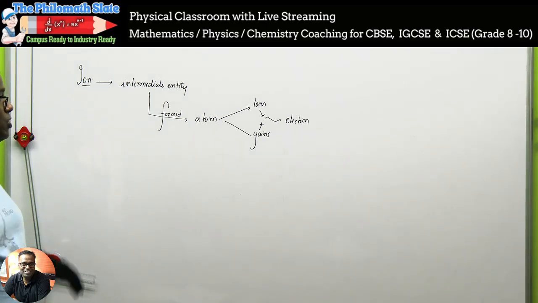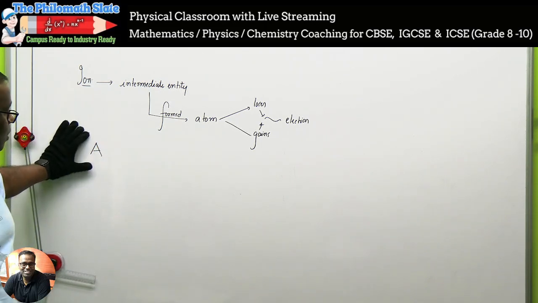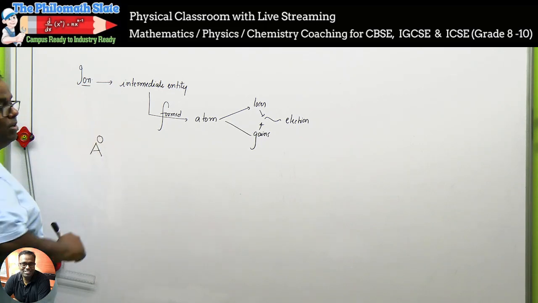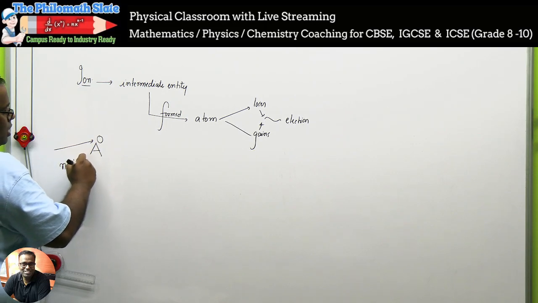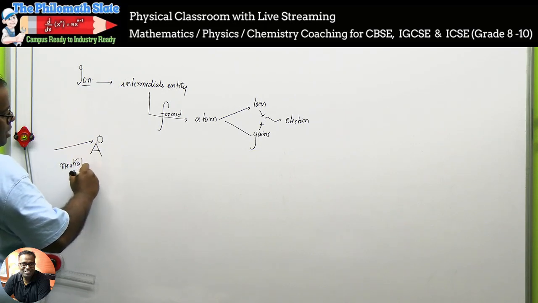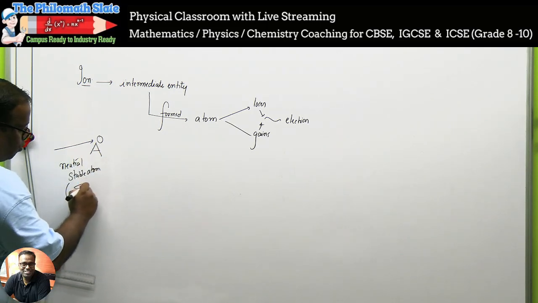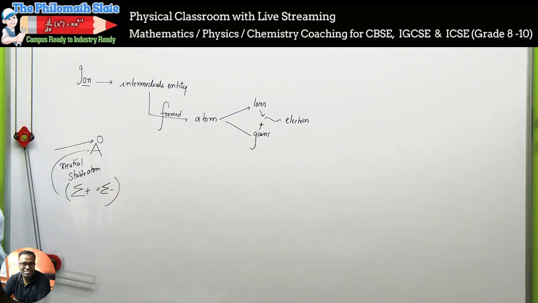Understood? So let's have an atom A. And right now, I don't know what is the count of protons and electrons in this atom. Try and understand, okay? But as long as I write it A, what is the oxidation state here? The oxidation number is 0, which states the overall charge is 0, meaning it is a neutral stable atom. Understood? Neutral stable means the overall sum of positive is equal to the overall sum of negative, inside this atom.